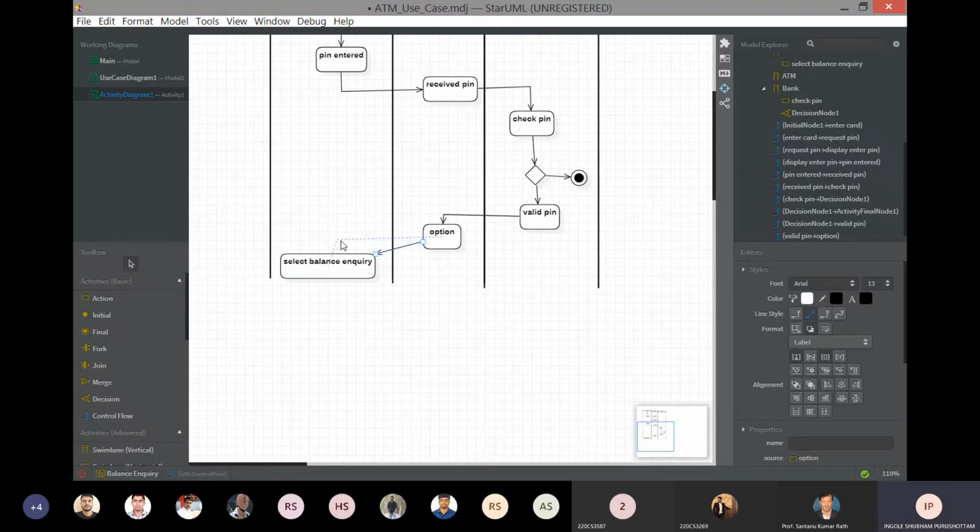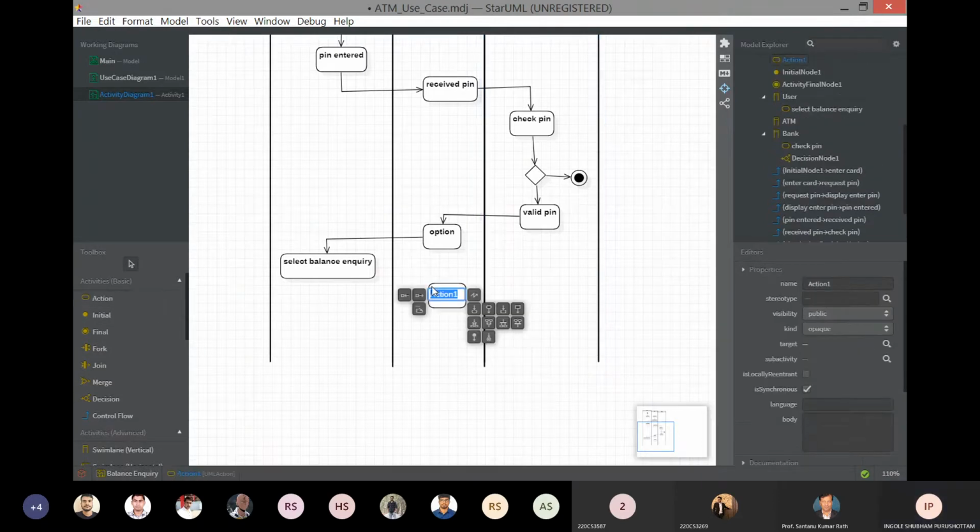You can change the directions of these arrows. Okay. Increase the size of the swim lanes. So after selecting balance inquiry, the ATM will receive the request.